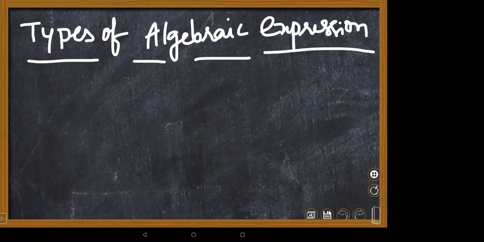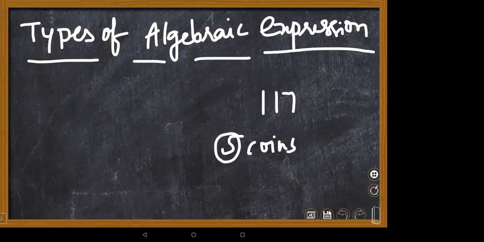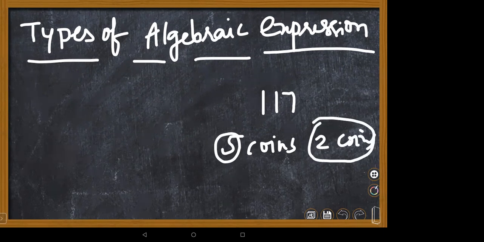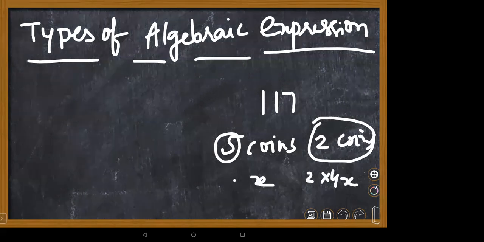Right, Nana. Those are the applications of linear equations. Very good. So what is the amount, Nana? Lena has how much amount? 117 rupees, in the form of 5 rupee coins and 2 rupee coins. Very good. The number of 2 rupee coins is 4 times that of 5 rupee coins. Find the number of coins of each denomination.